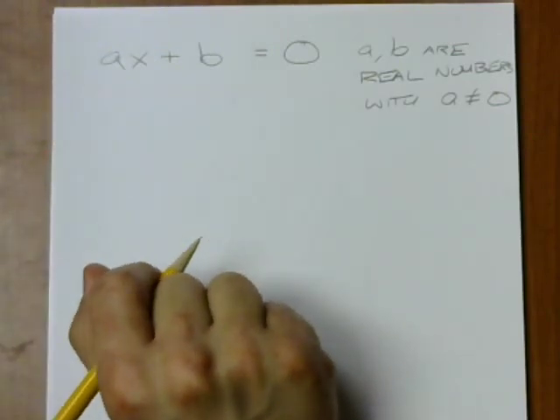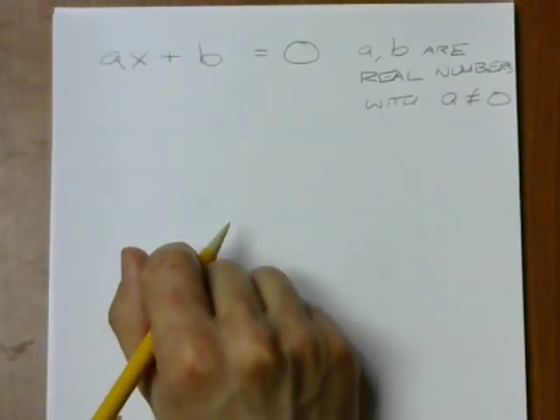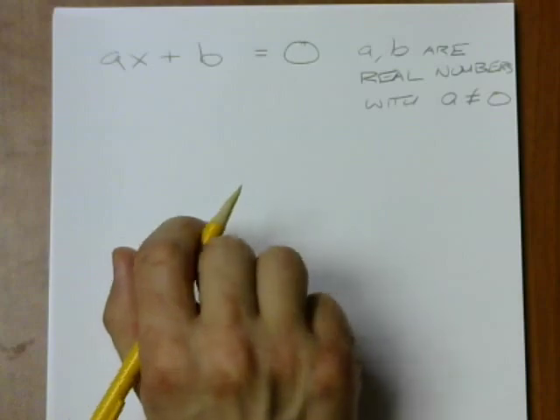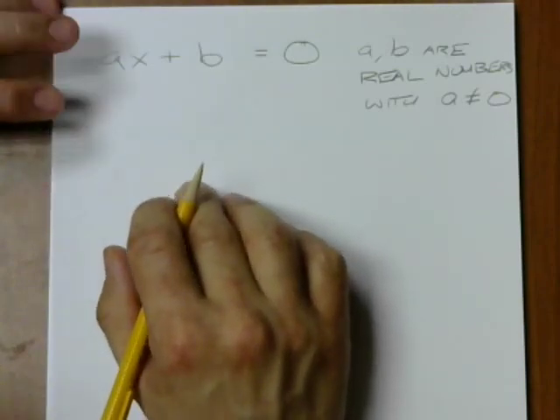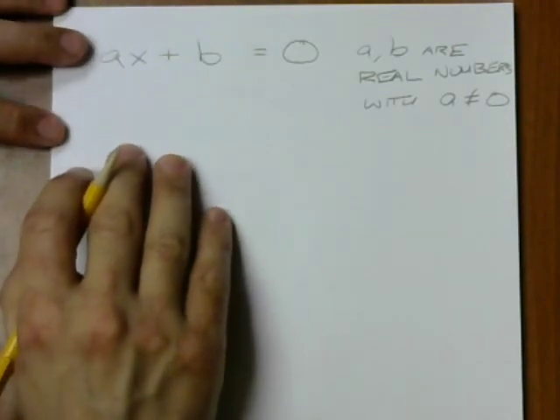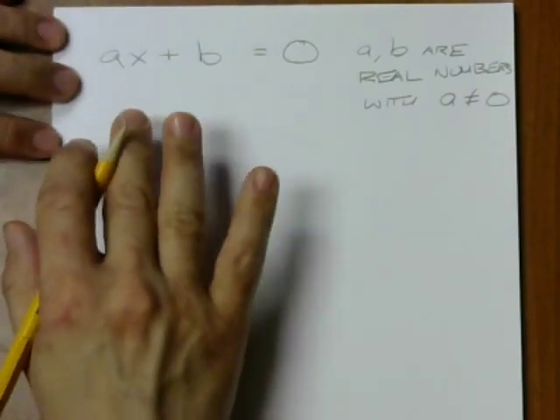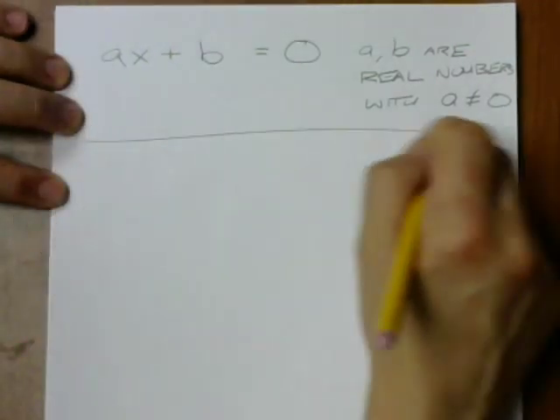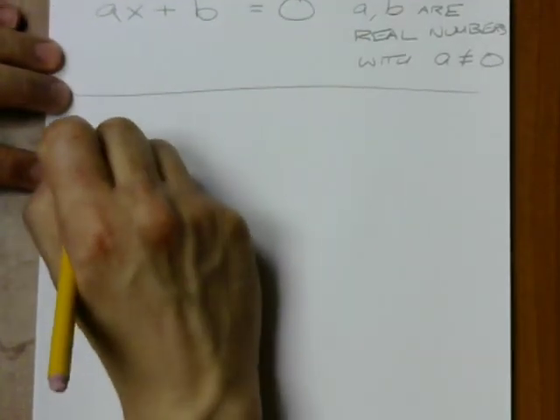A can't be 0 because if a were 0, the variable would disappear completely. And we want it to have a variable. Otherwise, it's not even a conditional equation. So a linear equation is anything that can be written in this form. So what are some examples? Well, if I have something like